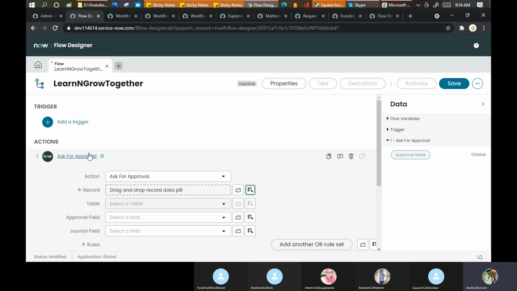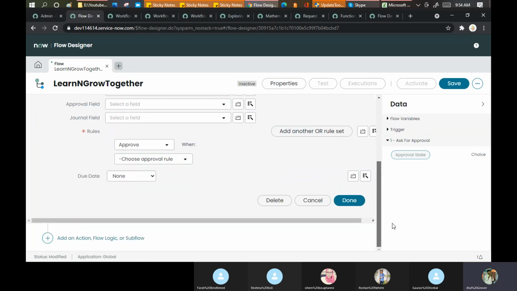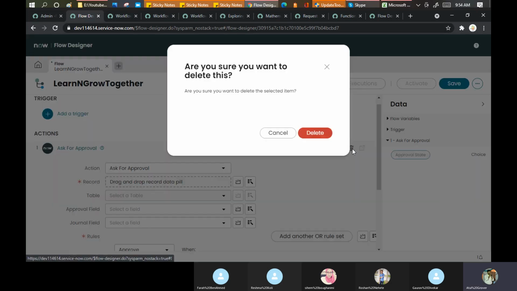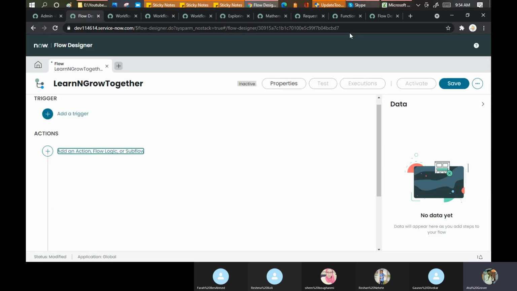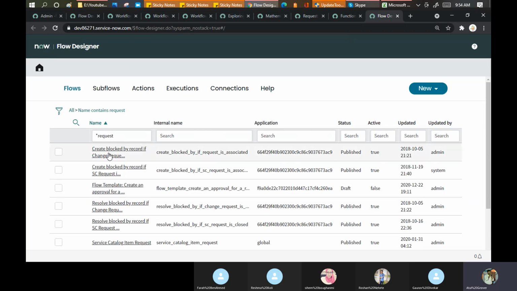So let's do one thing. Delete this. Okay, and search for the request. Let's see the out of the box flow here, what they mention. Service catalog item request.